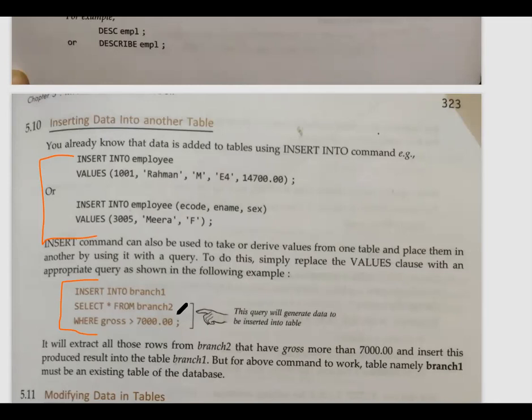So basically, when we are having 2 tables which are having same columns, now from one table I wanted to extract some rows on the basis of specific condition. So this is how we can do. This is what you have to understand. This is your first table name and this is your second table name. So you should know that if you are creating another table from the existing table, then you are not going to insert each and every row manually or individually. You can do it with the help of this type of select query also.